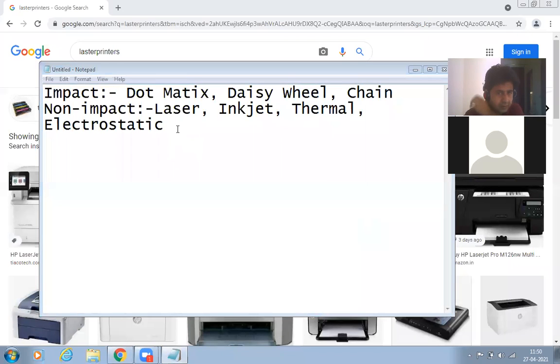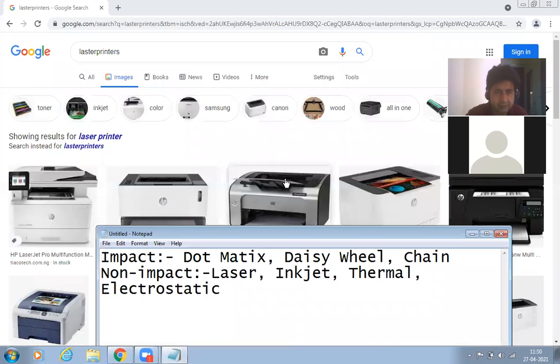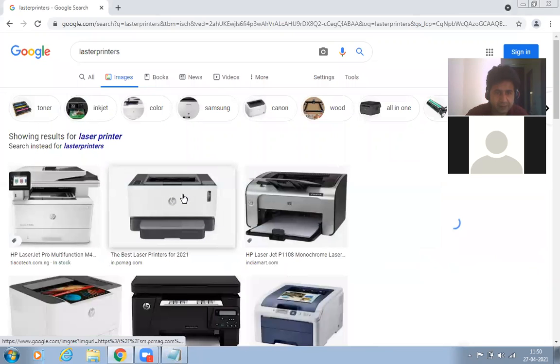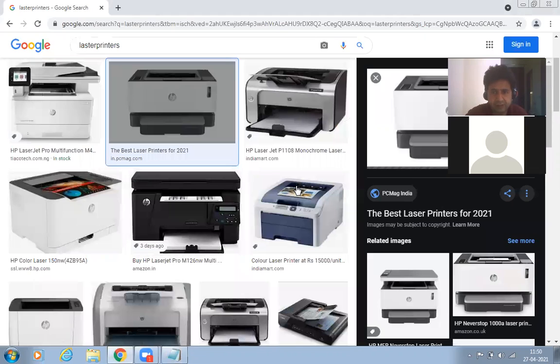So look at here, this is a laser printer. In the case of your laser printer, there is no type of ribbon inside. There is a dry ink inside, and that ink is sprayed on the paper.